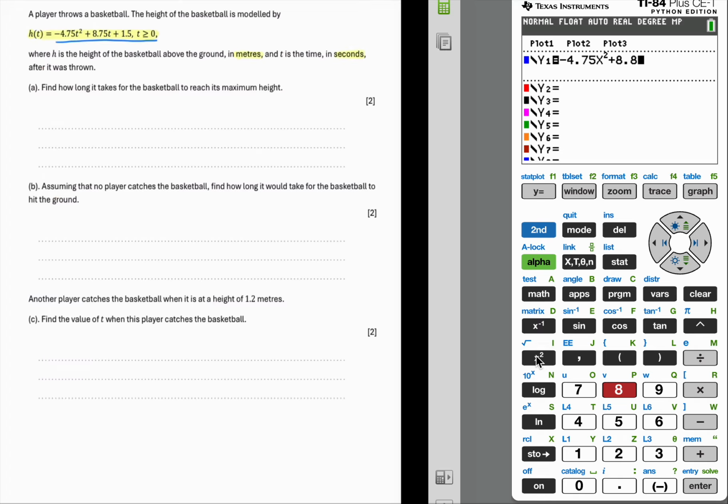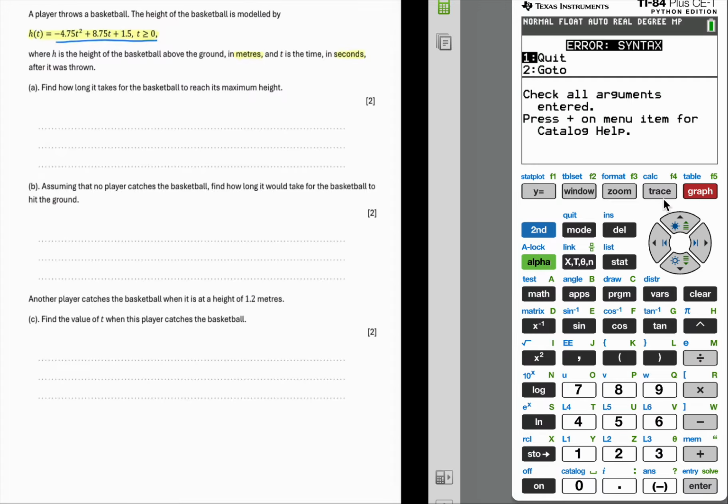8.75 x plus 1.5. Now the second part of this equation, this part here, is just telling us that we only want to graph it in the positive x value, so it's restricting the domain to the positive. So we're now going to graph this equation,